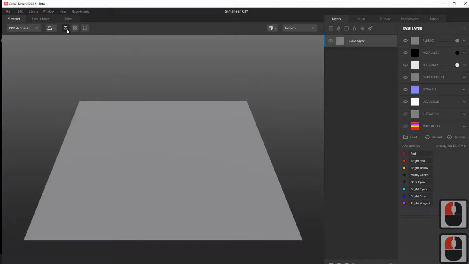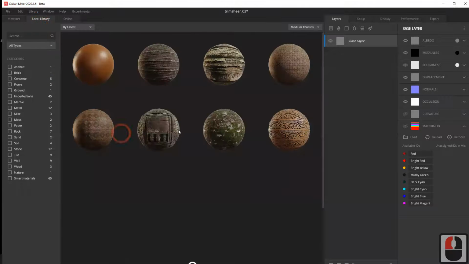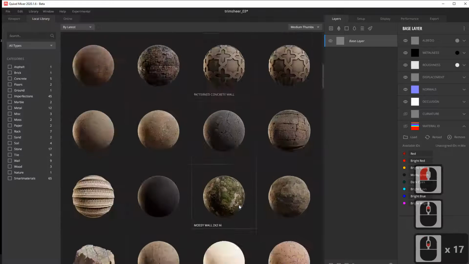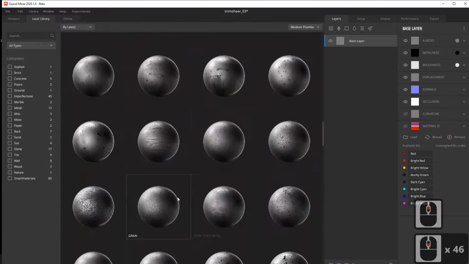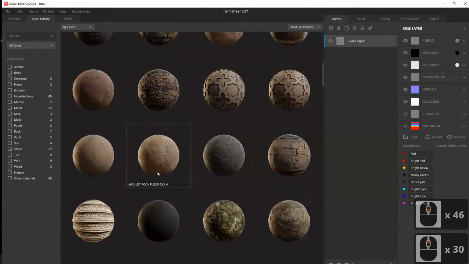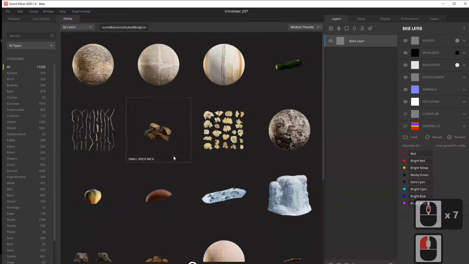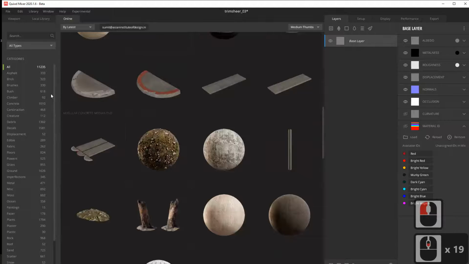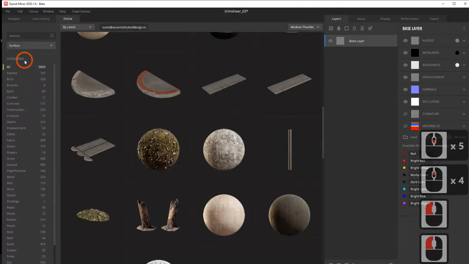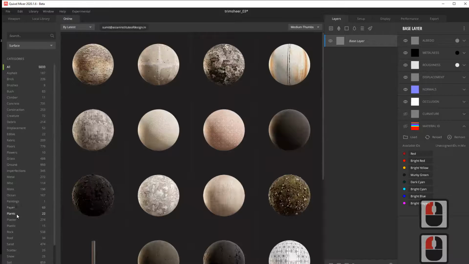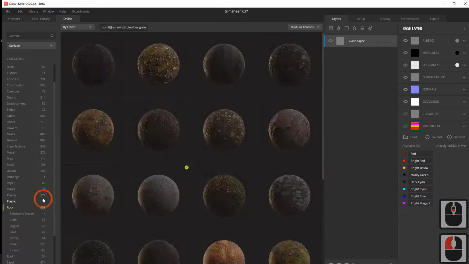So now you want to apply a texture here. So how do you apply a texture? You can see local library, whatever you have downloaded in Pixel Bridge, everything will be visible here. All the textures you have downloaded in Pixel Bridge, that Bridge software, will be visible. Plus, you have online access as well. And this entire library is free. I can go to surface, all the surfaces. If I want rock, let's go to rock.